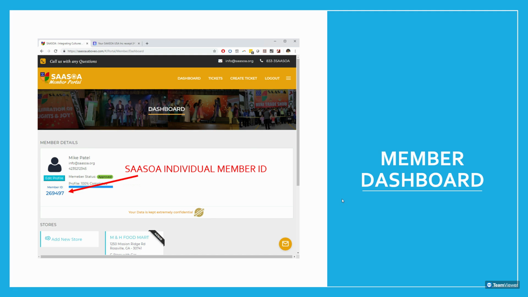On the dashboard screen, you will see on the top right here member details, which will list out your name, email address, phone number, and your membership status, whether your membership is approved or pending approval. In some cases, if you're a new member that has not registered previously with SAASOA, or if you were never associated with SAASOA, then it will go through an approval process with our SAASOA admin team, and they'll